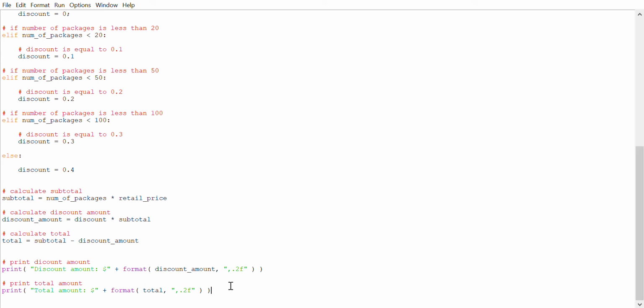Now, the very last line of code is where I displayed the total amount. The total amount of the purchase after the discount will be equal to the total variable, right? And it's the exact same process as what we did right here. The only difference is the first argument variable right here. Here it's discount amount, here it's total. And that's basically it. And if I was to run this,